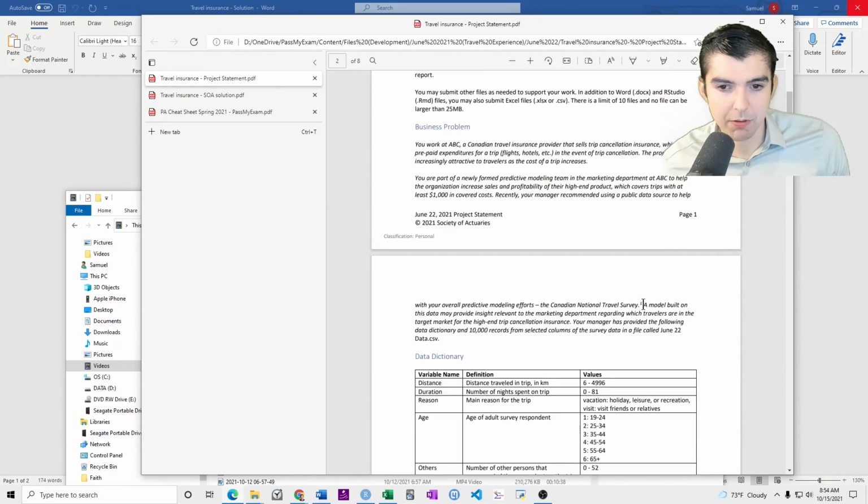A model built on this data may help provide insight relevant to the marketing department regarding which travelers are in the target market for the high-end trip cancellation insurance. Your manager has provided the following data dictionary and 10,000 records from selected columns of the survey data in a file called June 22nd data CSV.